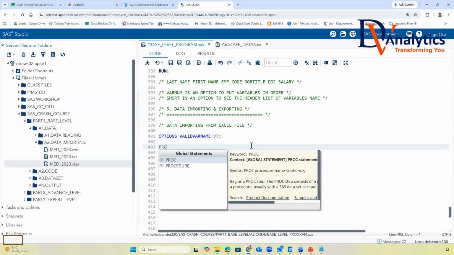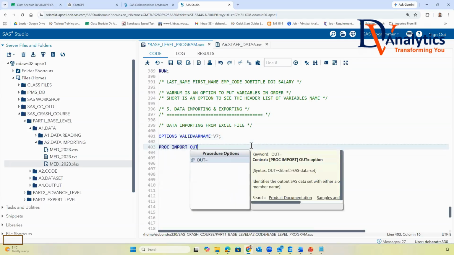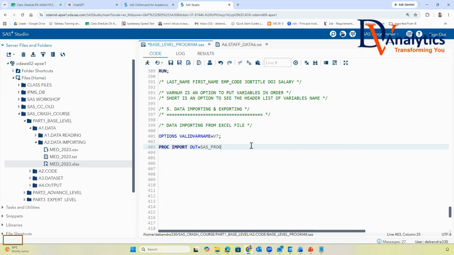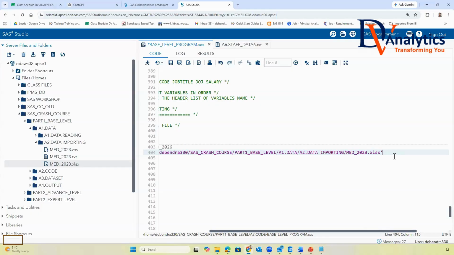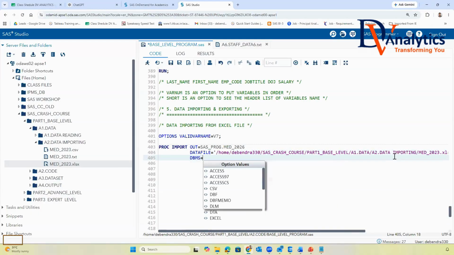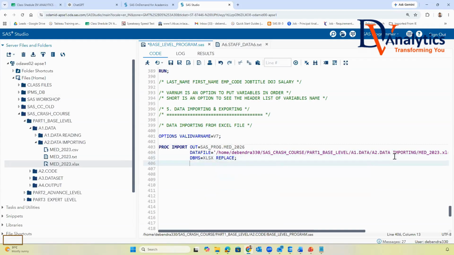Then we have to use here proc import out. I will use my library SAS_prog.made_, let's say 2026. Then I'll write here datafile, from where you want to read the data. You want to read data from here, right click, properties, copy this file path, right? dbms is equal to xlsx, replace, sheet is equal to made_Australia, right? Now,